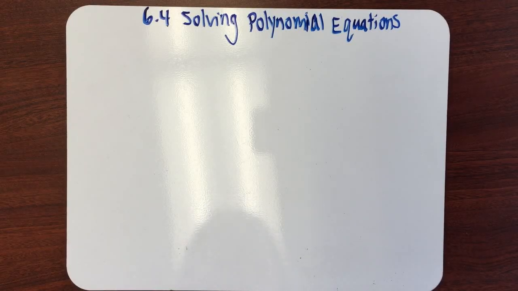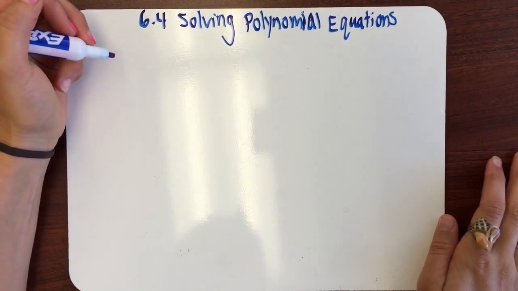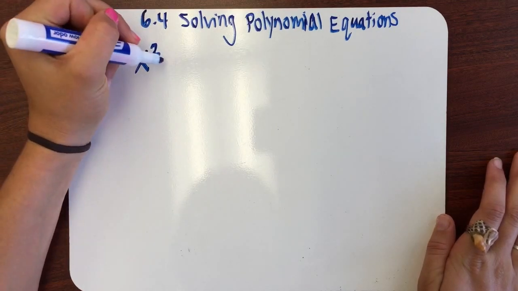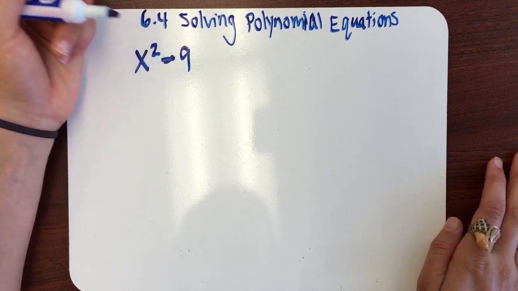Alright, today we're going over 6.4, solving polynomial equations. So just to do a quick review with the difference of two squares. For example, if we have something like this, x squared minus 9, this is the difference of two squares, and